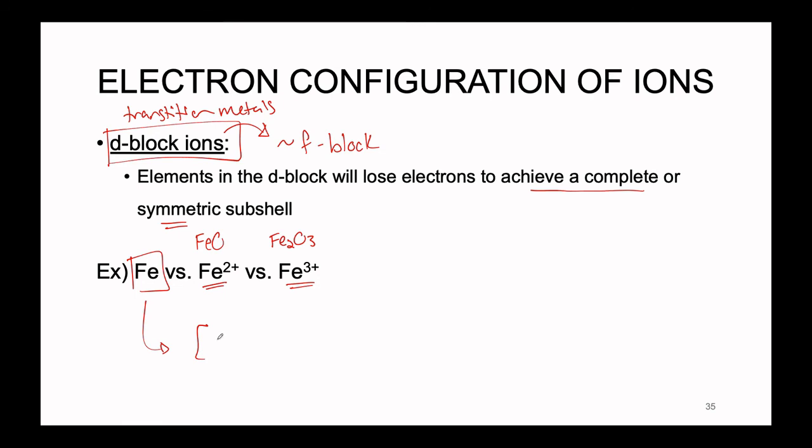We start with an electron configuration that is argon 4s2 3d6. All right, so just by looking at these numbers, it's not completely obvious as to where our electrons are that are going to be the most easy to lose. So actually what we're gonna end up doing is taking this electron configuration and redrawing it in terms of our